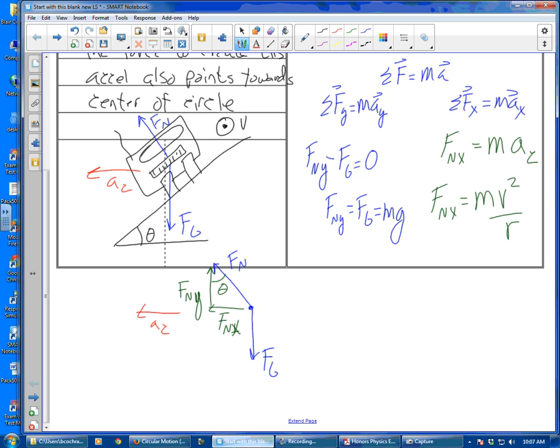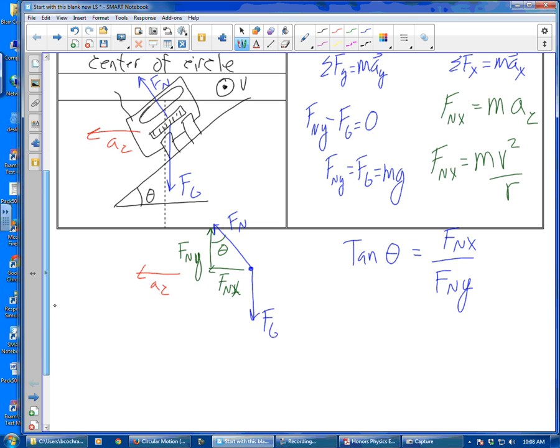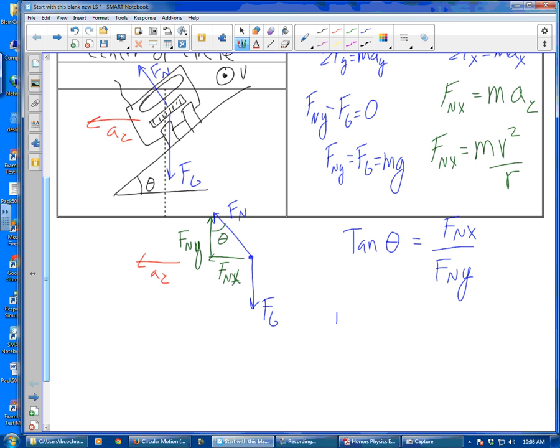If I look at my triangle over here, I can either do Pythagoras or use trig, so that tan theta equals opposite, force normal X, over adjacent, force normal Y. Substituting in what I know, force normal X is mv squared over r, and my force